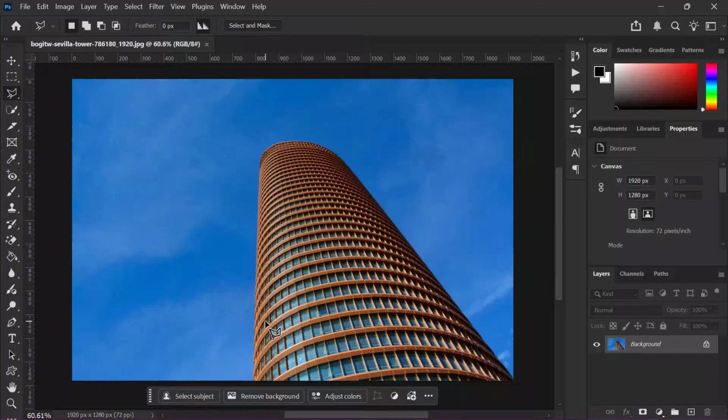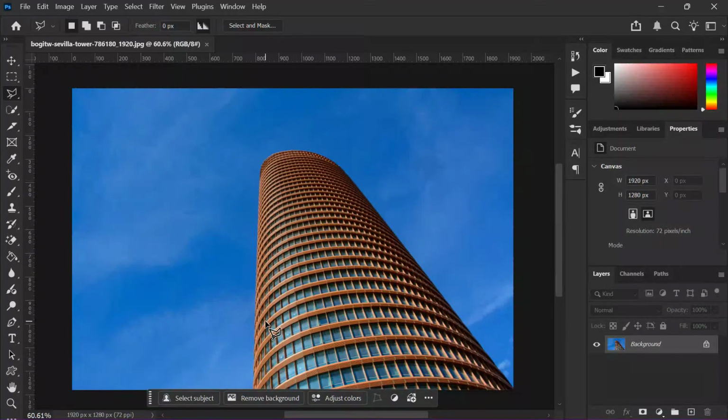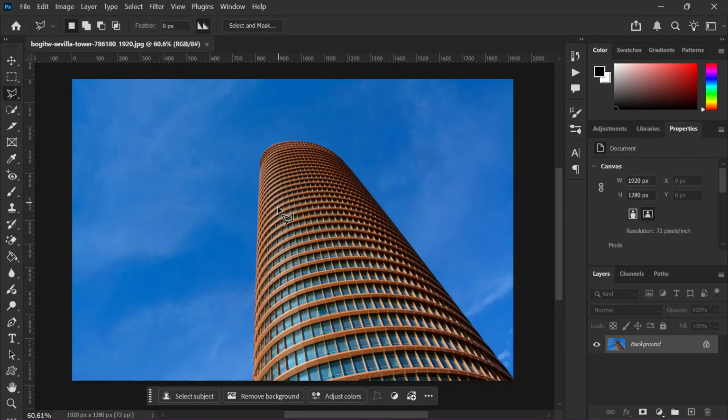Hey everyone, in this video I'm going to show you how to use the lasso tools to cut out images in Adobe Photoshop. If you've ever wanted to remove a subject from a photo, create thumbnails, or design graphics with transparent backgrounds, the lasso tools are one of the fastest ways to do it. I'll walk you through the different lasso options and show you exactly how to cut out your object in just